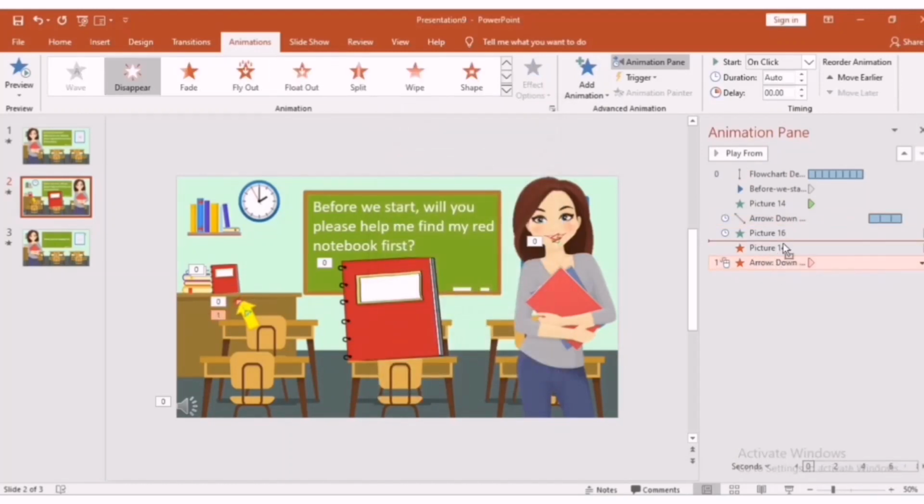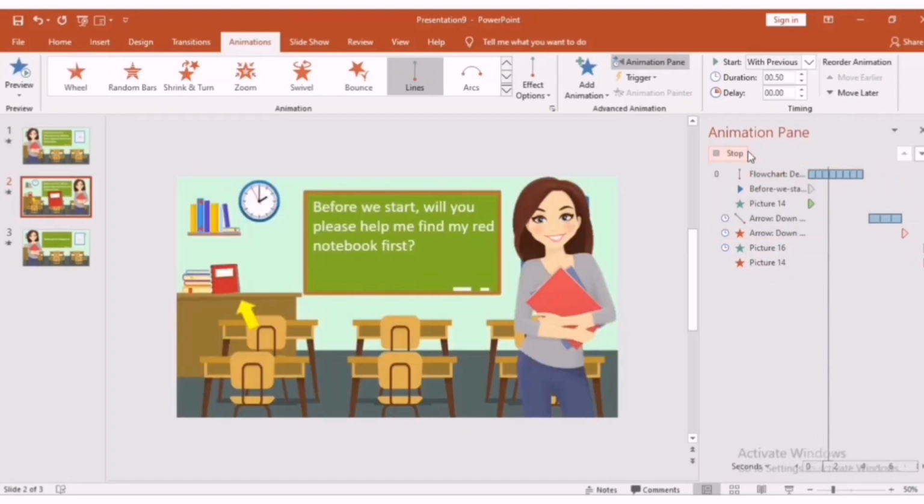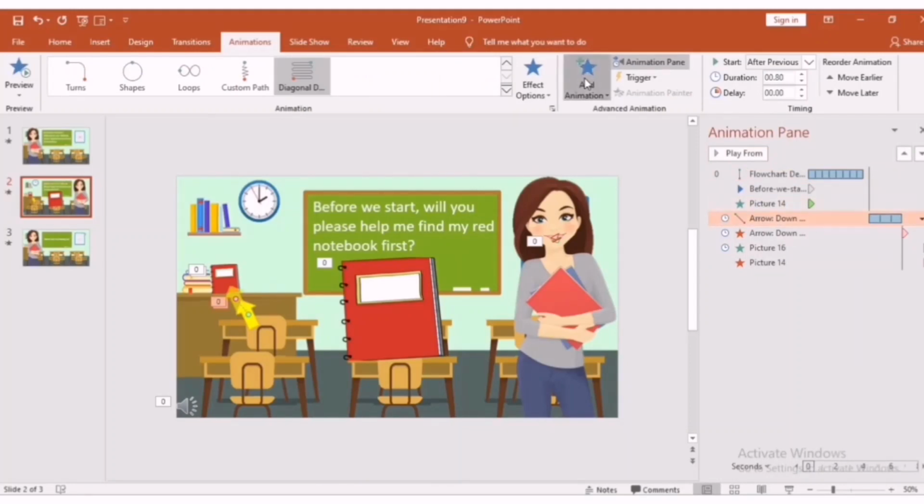So let's move the animation of the arrow again, and then click start after previews. And then let's preview. So after the dialogue, there we go. Now, there's another problem in our presentation because if you notice, the arrow was there since the